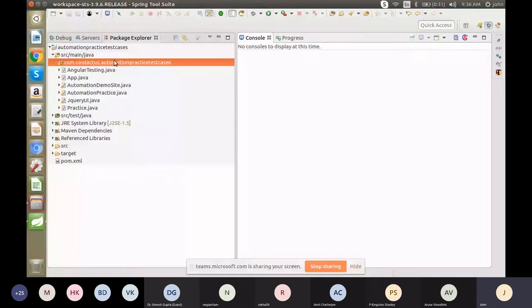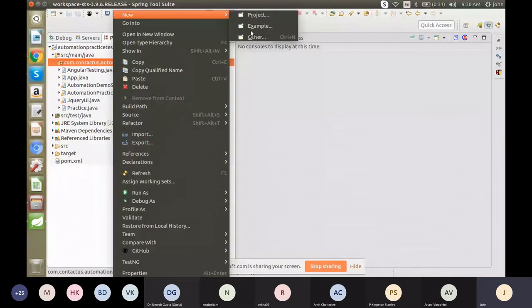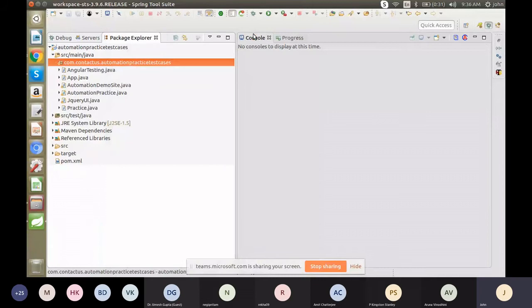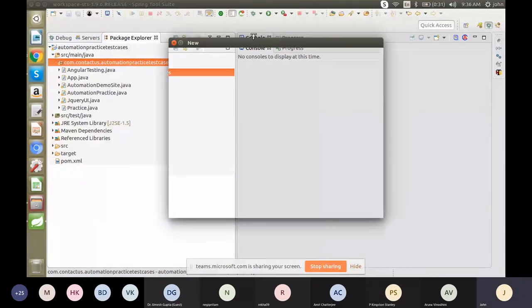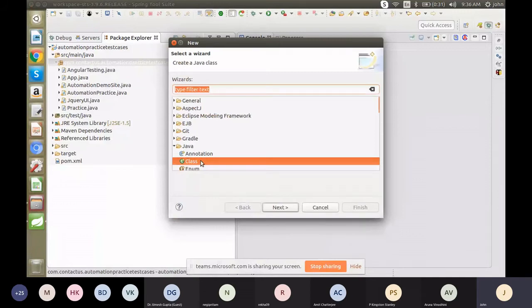Here you can see one new option will be there. In the new, we have to choose the other option for creating the class. So here the class option will be showing. Yeah, so we have to create one class.